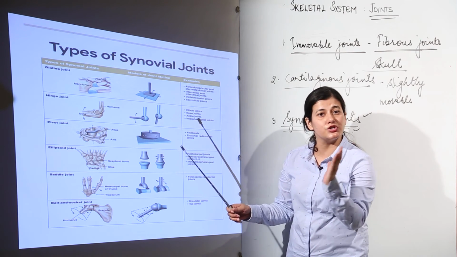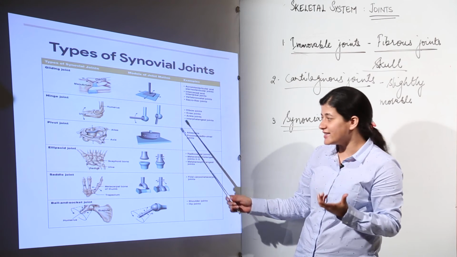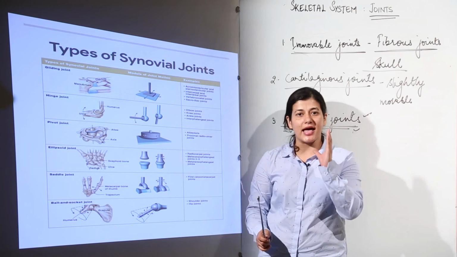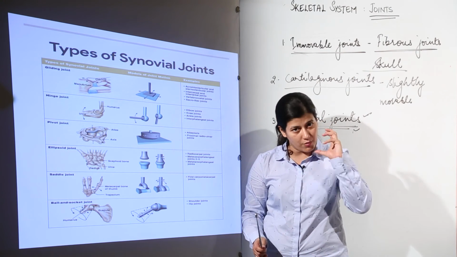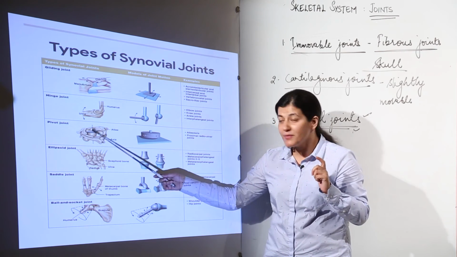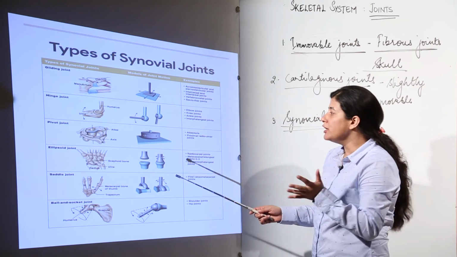It would be restricted to 180 degrees again, and the joint that we have as an example is between atlas and axis. Now what are atlas and axis? Atlas and axis are the first two vertebrae of our vertebral column. So we can rotate our head like this, all thanks to the pivot joint, because I told you the 180 degree movement could be brought about.